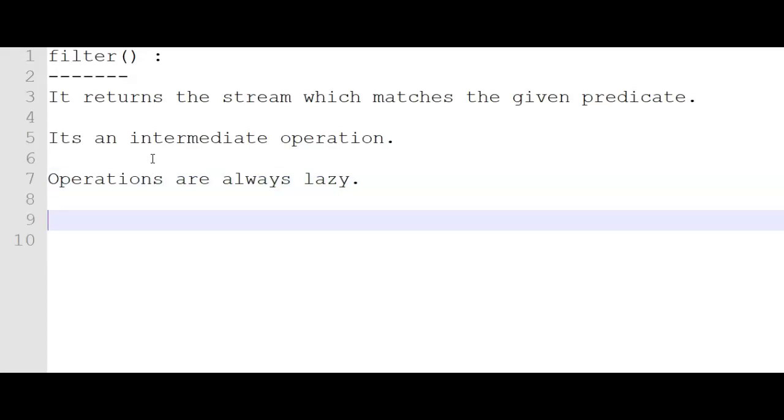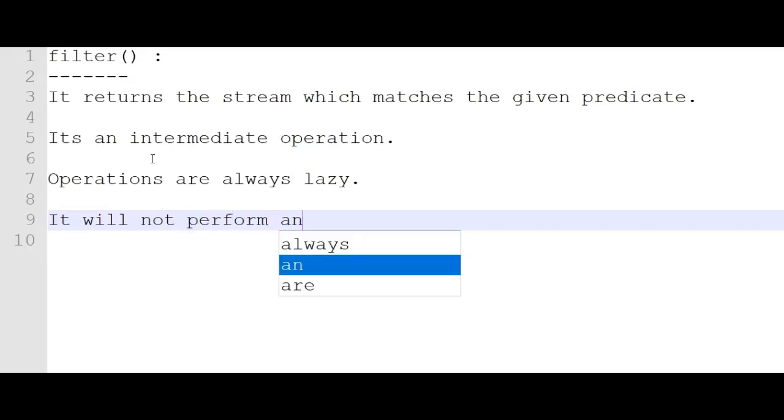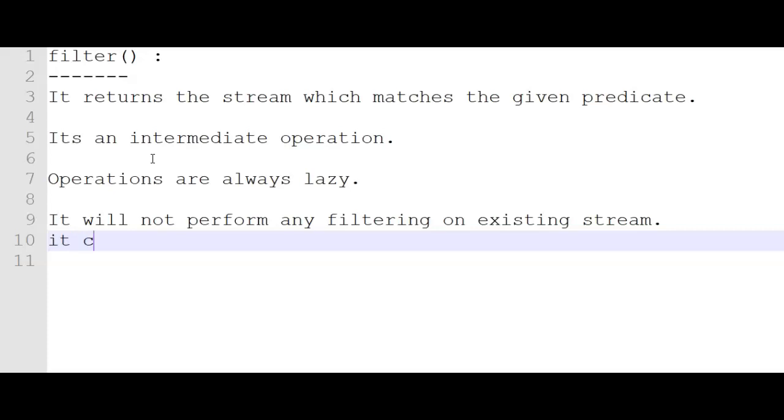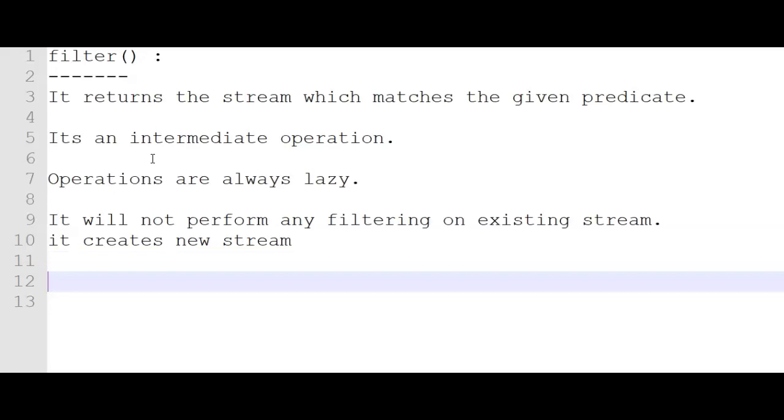And one more thing is, it always creates a new stream. Whenever we are filtering, it will not filter on the existing stream. It will create a new stream when we filter the values. Let's see the filter method syntax.